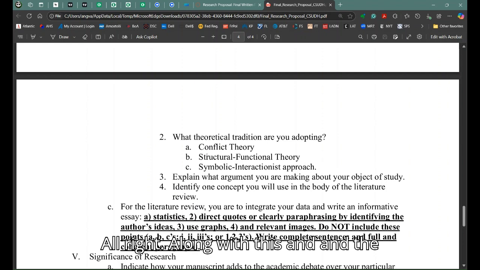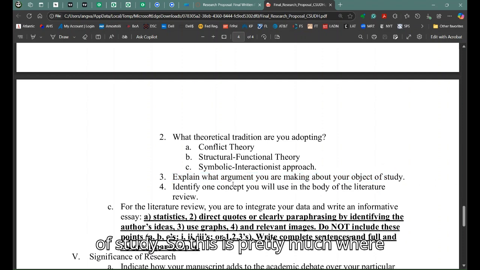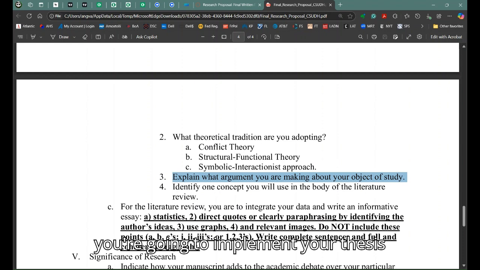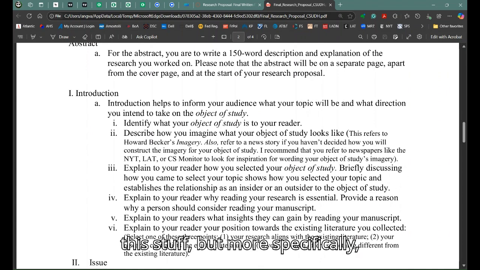All right. Along with this and the other video for the final presentation. Okay. And then number three, what you're going to do is explain the argument you are making about your object of study. So this is pretty much where you're going to implement your thesis statement, right? And again, don't forget, if you had written the introduction already, you're going to drop some of this stuff, more specifically points three and four, and maybe five,